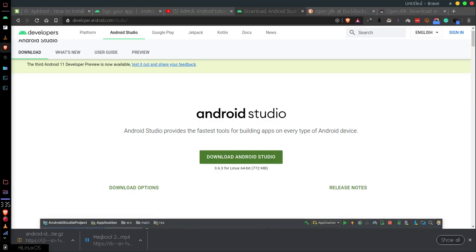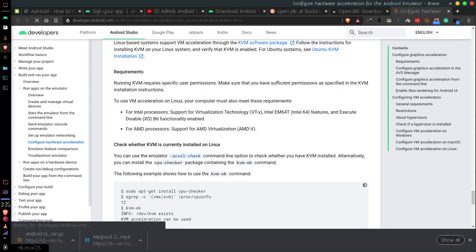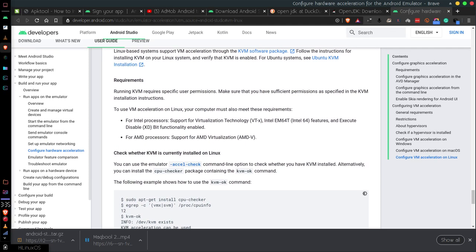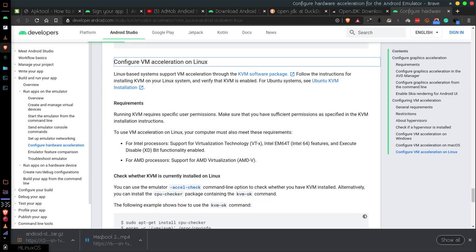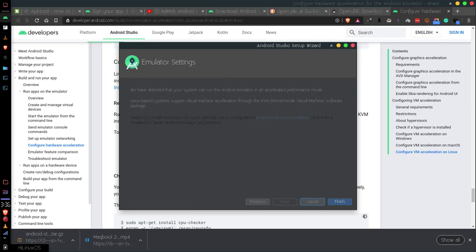You can click on this link as well to learn more about this one. So here you can see some instructions on how to configure VM acceleration on Linux. Now click on the finish button and it will start downloading other packages.